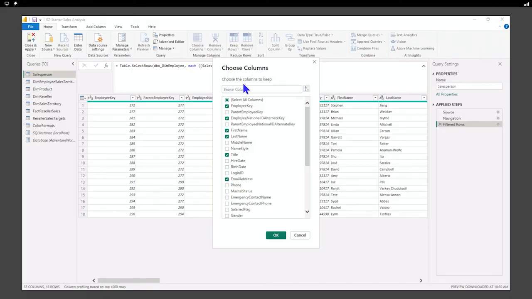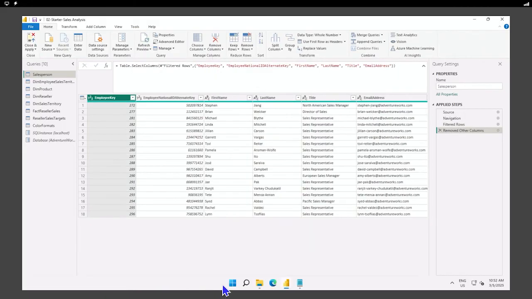So under choose columns, you'll see now we have a much smaller set of columns. By choosing the columns, we have removed other columns. And so we see over here, we have all of the columns listed that we wanted to keep. When we go into this step, it's removed everything else. If we know of a column that we wanted to add back in, we would have to know the name of it to add it back in, or we could remove this entire step. It would add them all back in, and we could repeat the step that we just made.